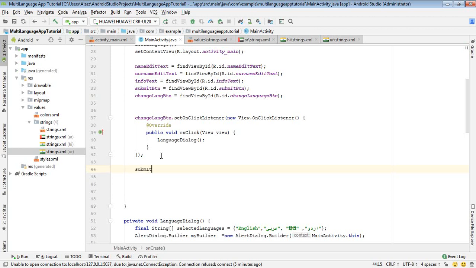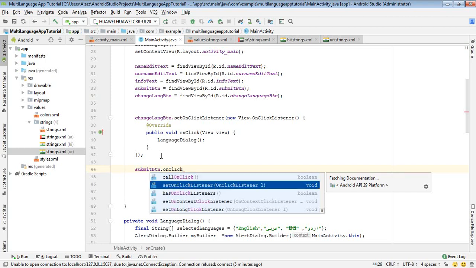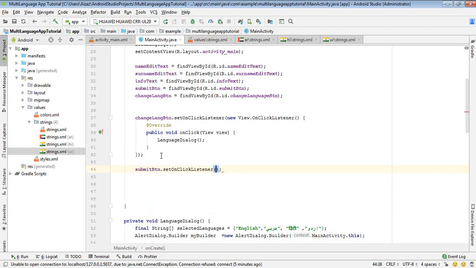So after this I'm going to write the code for the submit button. I can write submit button dot set on click listener. After this, inside the bracket I can write new on click. So wait until it shows me. So inside the